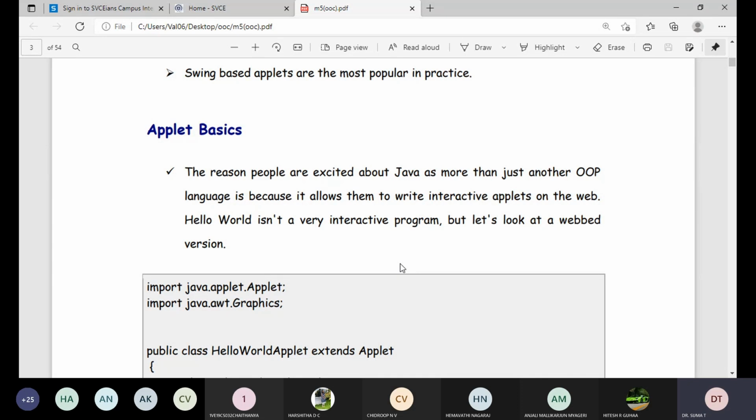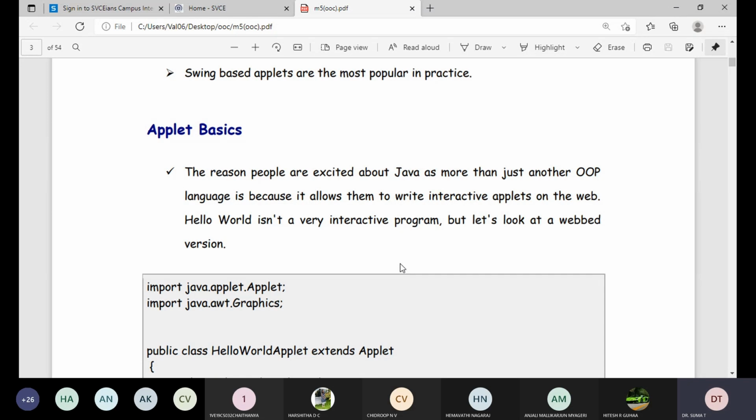Java is most popular compared to other object-oriented languages because it has applets, which allow us to write interactive applets on the web, where we can directly communicate with the internet. We are going to write a tiny program called an applet, which is very interactive with the web.